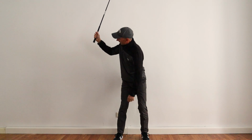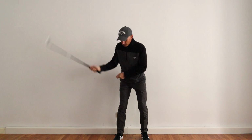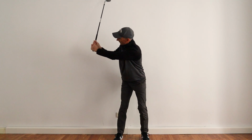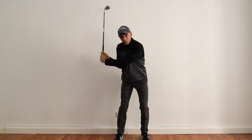So I've got my full bend here at the top, it's almost a right angle, maybe slightly wider. The right elbow is pointing down, but it's away from the side now. That way I'm able to keep that radius the same. For me, it's easiest to think about the radius as the grip end of the club to the sternum here. So if I keep the right elbow too much on the side as I fold it, I